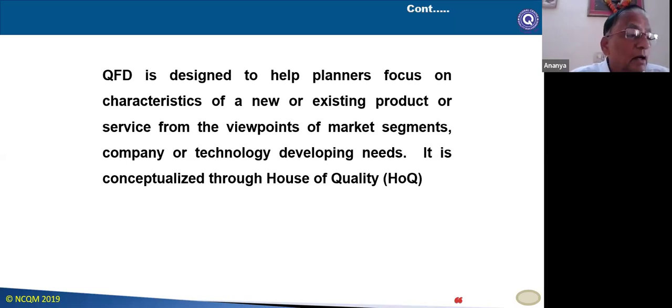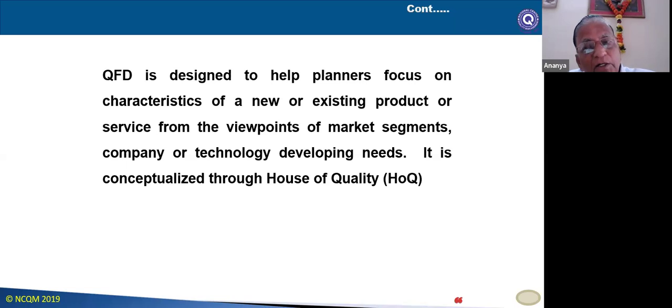So quality function deployment, as written here, helps for a new or existing product or a service. When I say product, service is also applicable. It takes the viewpoint of market segment, what is available through competition, what the company needs to develop to make those things available, and it comes in the form of systematic deployment from